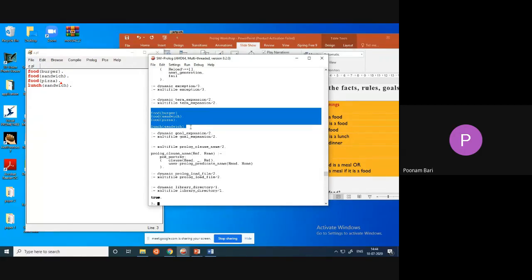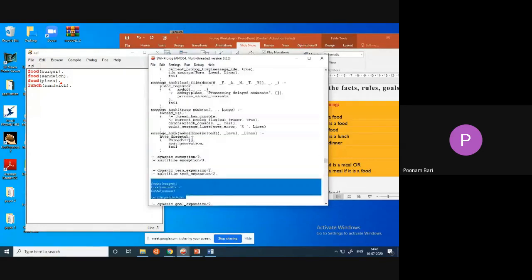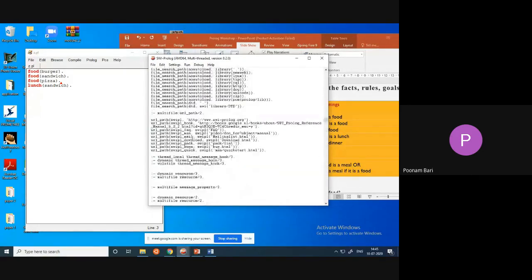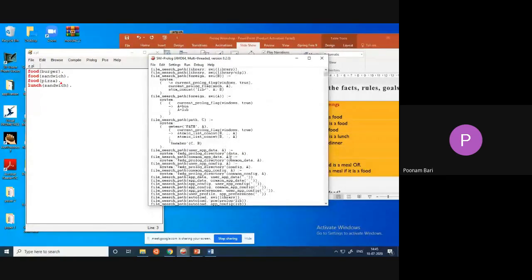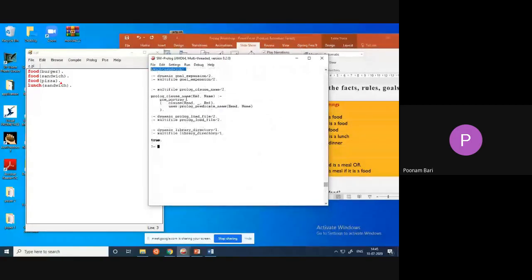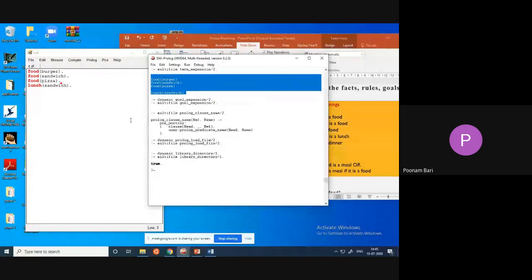Whenever you use a database, you tell the DBMS to use that particular database. Suppose the database name is DB1, so you say use DB1, and then you write create table inside that database, and for retrieval you write the retrieval command and so on. This way we have to tell the compiler that I am going to use Z file, and in that Z file show me whatever is written. So it gives the list of whatever you have written as a fact. So this is about facts only.